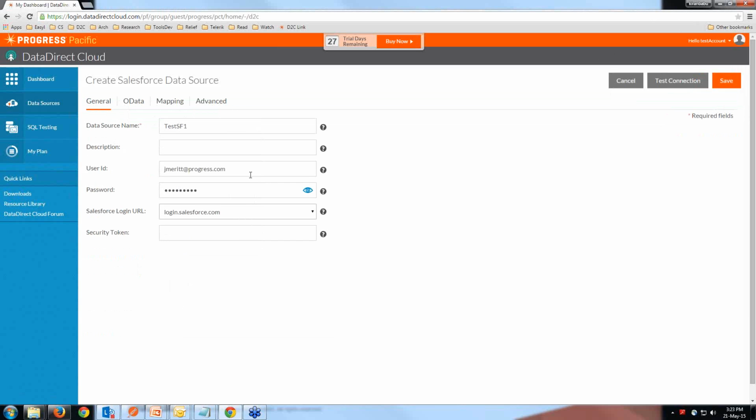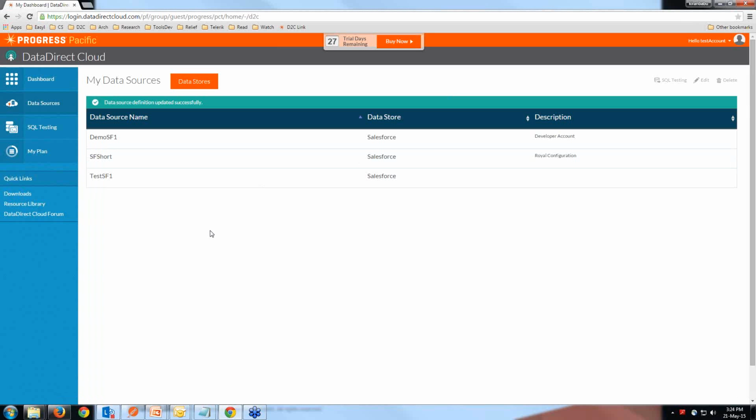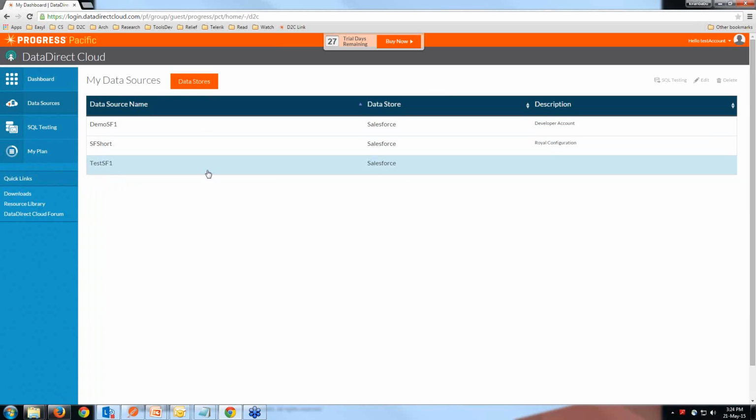Basically, you enter your basic information, you provide your cloud data source account details here, and you can simply do a test connect for that. And if you want to save it, you can save and go back to the data sources list page. So now that we have created a Salesforce data source connection, we can quickly try out executing